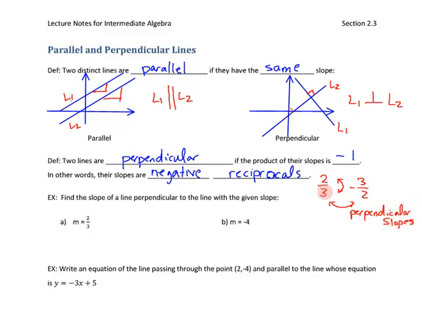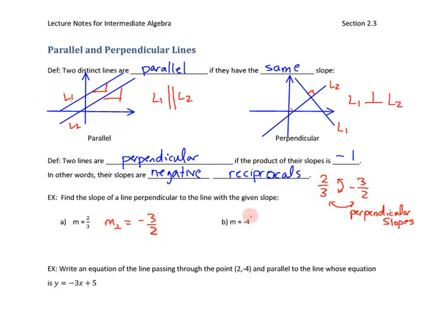Those would be two lines. This would have a slope of 2/3. This would have a slope of -3/2. So they're perpendicular to each other, right? That's what I mean right here. The slope of the perpendicular line, which I might abbreviate by writing m with my little perpendicular sign, would be